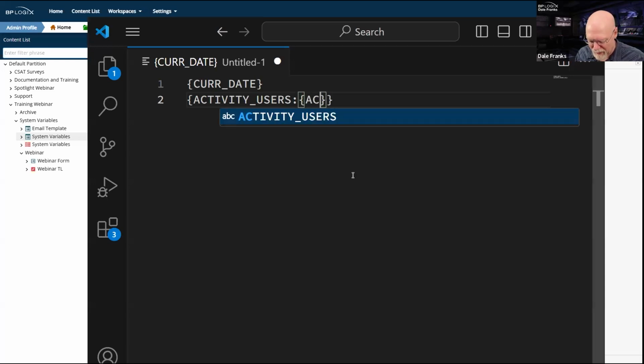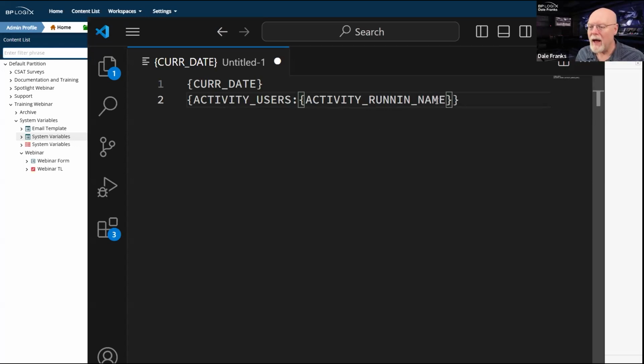Let's just type in activity underscore running underscore name. And this system variable will return the name of the currently running activity. So activity running name is going to return whatever the running activity is.